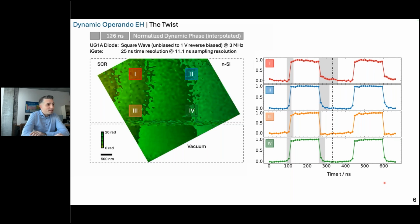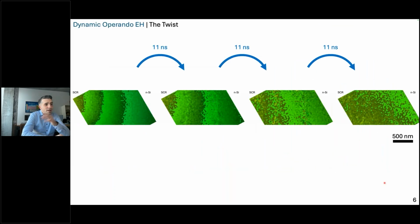The title was Biasing with a Twist. We can actually visualize this directly in the frames. If we look at everything that's happening here, we see that from frame to frame to frame, we see changing of these equi-phase lines. We can track the first line and actually see that in the progression in time, this line is twisting. And this twisting motion means nothing more than the